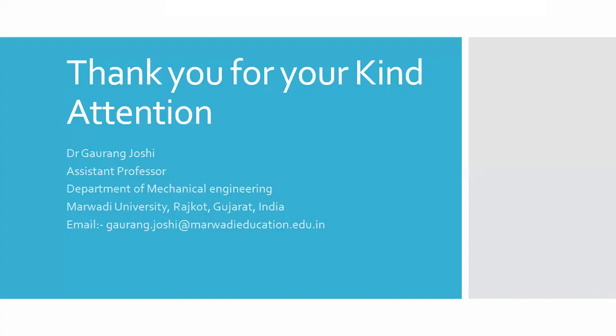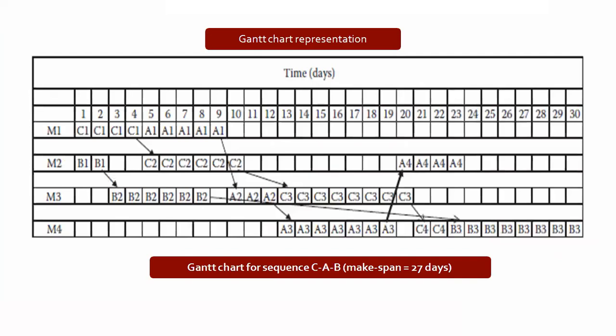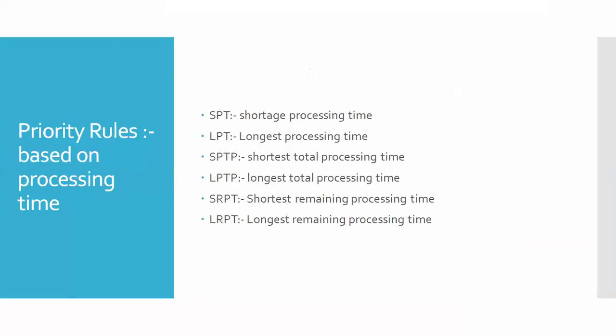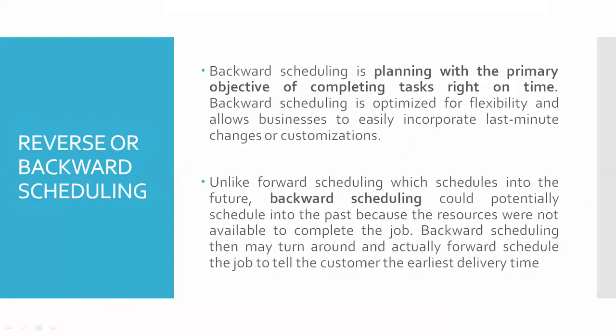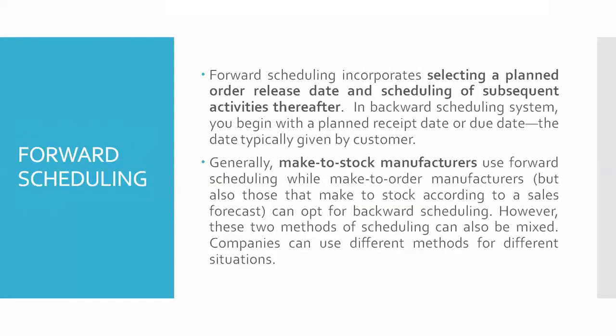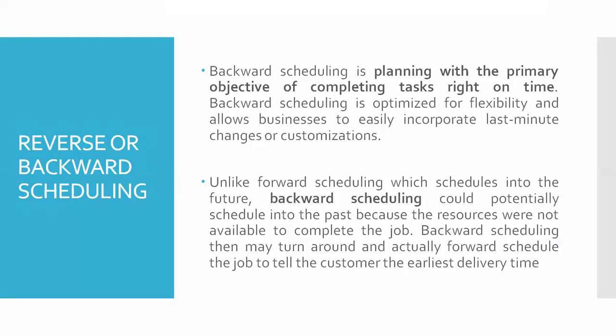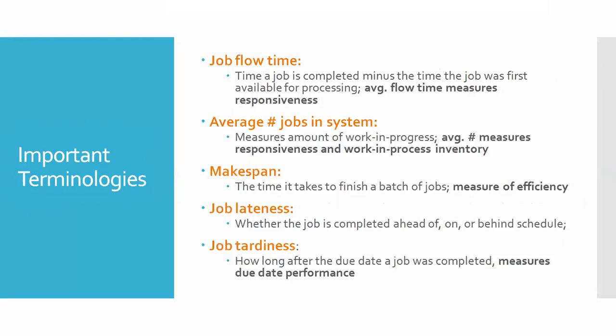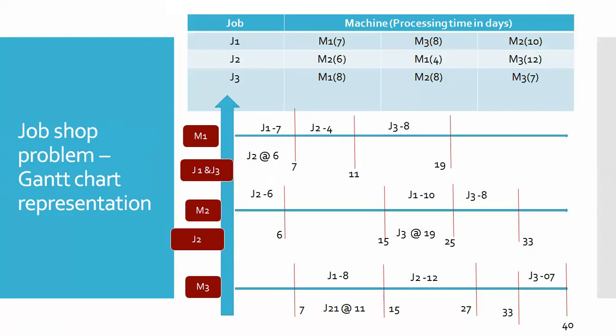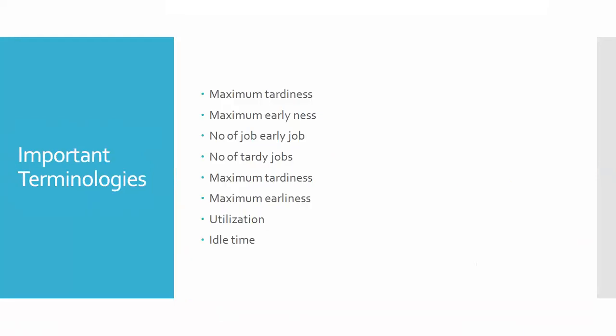So that we can complete it, discuss it in the next turn more about the different cases, and then we will start the bill of material. तो आज मैंने जो पढ़ाया, that is reverse and backward scheduling, forward scheduling, scheduling operations, different types of scheduling, scheduling definitions, high volume, low volume operations, terminology that will be there with respect to the scheduling, and the cases for the N machines and number of jobs and the important terminology.